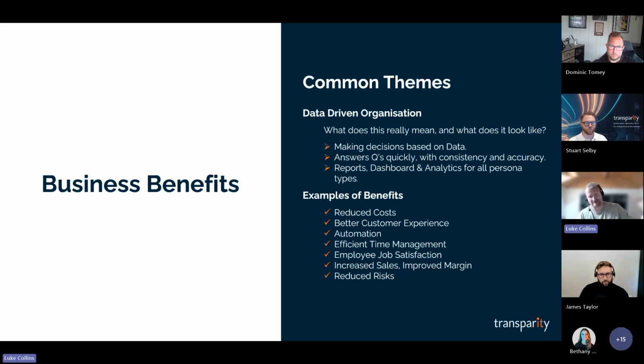I go into my CRM, I extract data from there into Excel, I then manipulate it. Removing those and automating those into a data platform, again, can reduce costs in terms of people actually having the time to spend analyzing and making insights and actions off the back of the data, rather than the 80% acquiring the data for the 20% time left to then analyze it and action upon it, which obviously then, efficient time management, ultimately job satisfaction. I don't think anybody enjoys going into source systems to extract data to then manipulate in Excel,